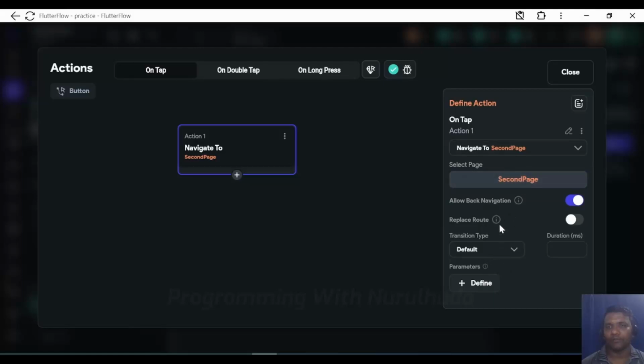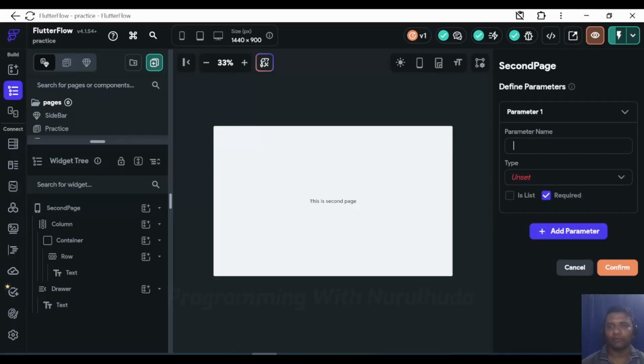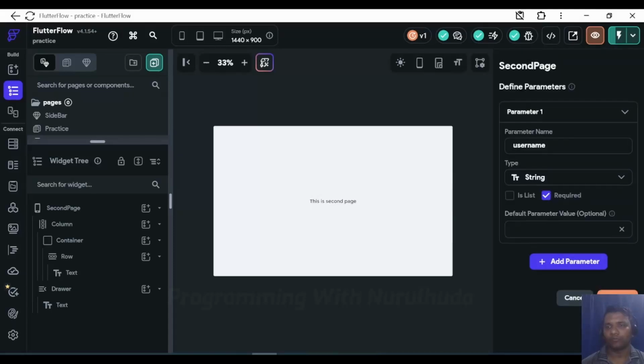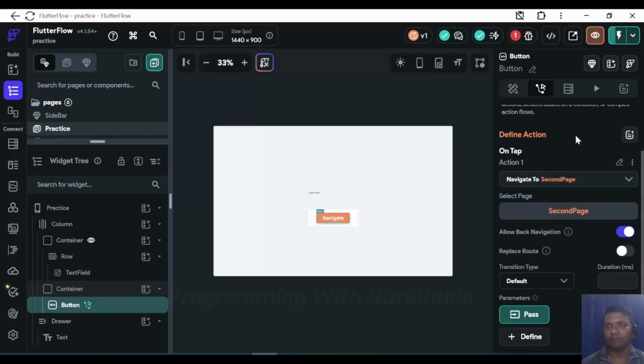Here in the parameter definition, add parameter: user name, string, confirm, and that username